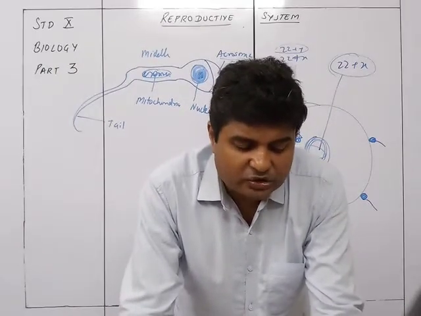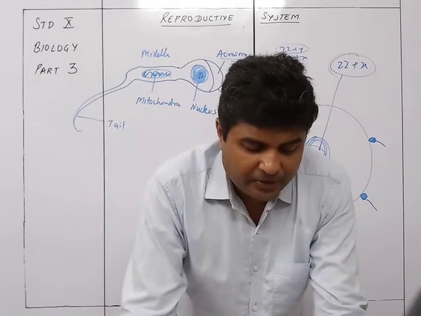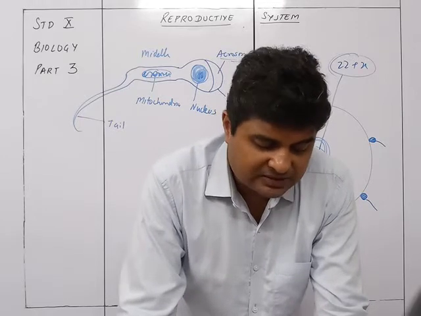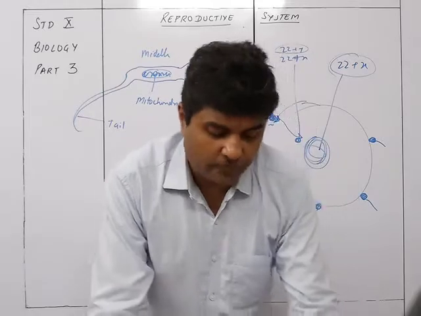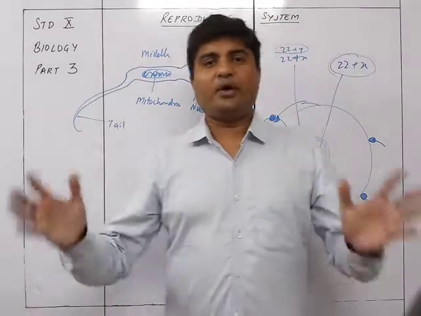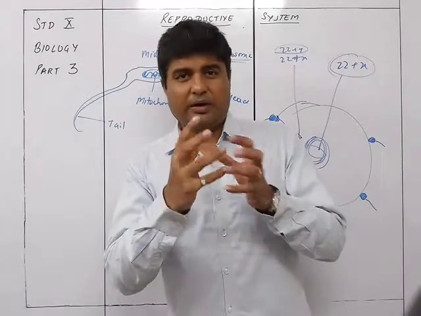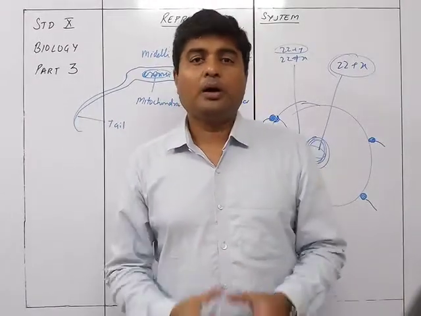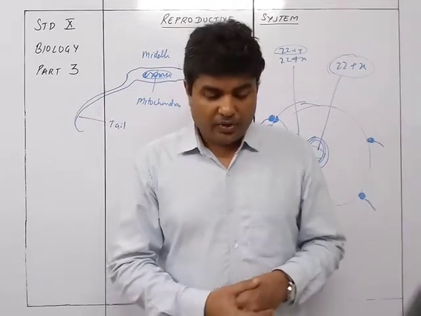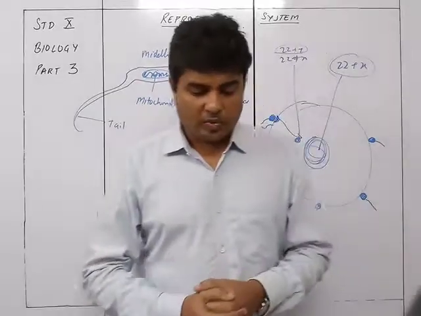The uterus continues to develop to take care of the developing embryo. By the end of 5 weeks of the pregnancy, the embryo is quite advanced, the heart and the circulatory system have been formed, and after 2 months limbs have also been formed. So you can say that once the uterus has accepted it, the uterine wall will keep on increasing, and there will be development of the embryo inside the uterus. Within around 5 weeks the heart and the circulatory system will be formed, and within 2 months the limbs and all will also be seen.